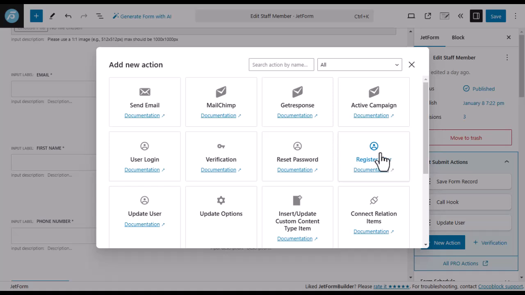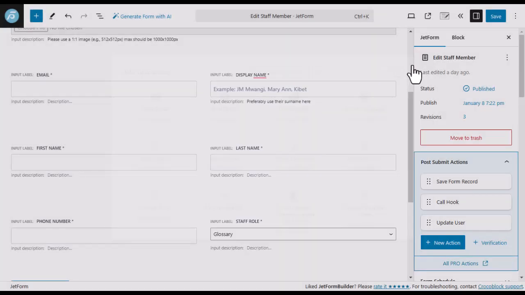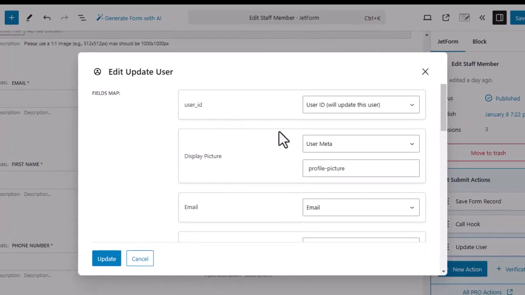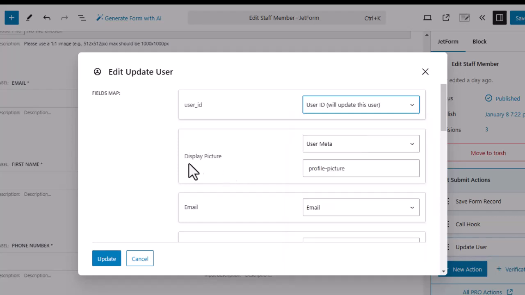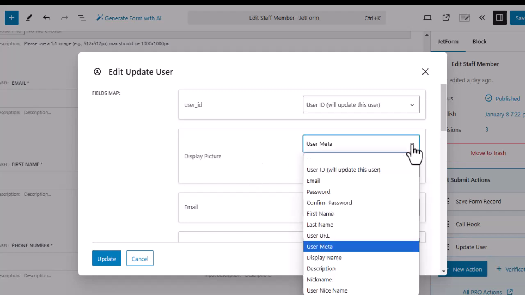Okay, so that's what you pick, update user. Then the settings of updating the user, this is the most important part that you should pay attention to. So what's the user ID? It's the user ID. So we'll update this user. I hope that's clear. Then display picture, this is a meta field, so you will have to select from the drop down list the meta user,